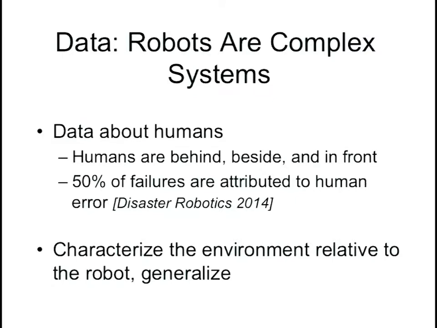Now, if you go back and look at the disasters, about 34 disasters I was able to get information on, 13 of them had terminal failures, where the robot failed and the mission had to be aborted. Only rarely did the group using a robot lose the robot altogether. But 50% of those failures were attributed to human error. That's a pretty high number, and I don't think that's just a user interface issue. I think that's valuable data to us as roboticists, saying, where do we need to add autonomy? Where do we think about our design of the system? And so we need to collect that data.